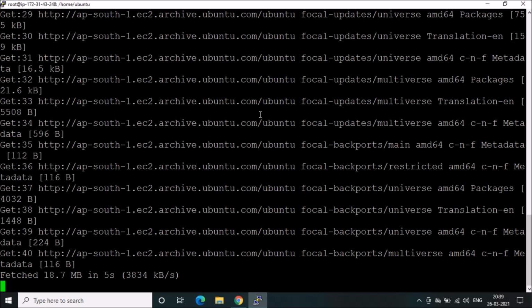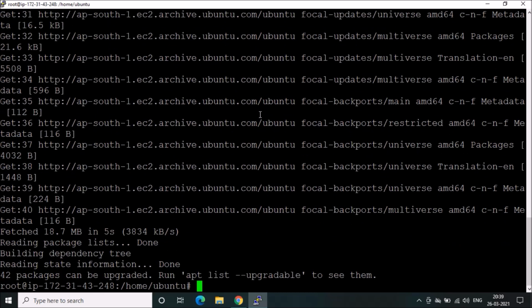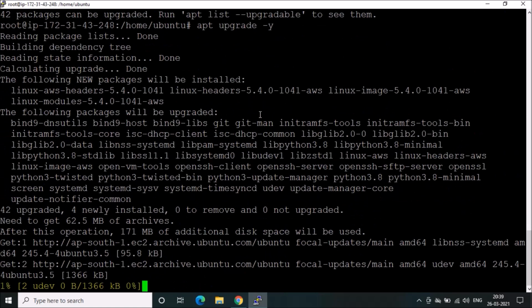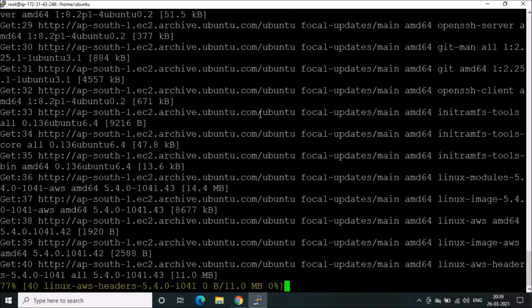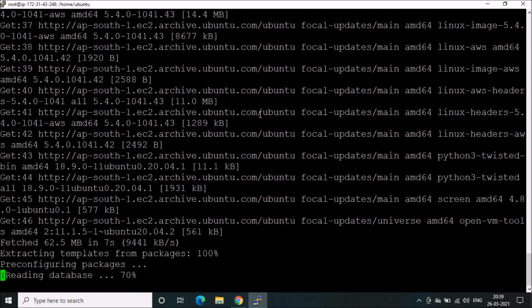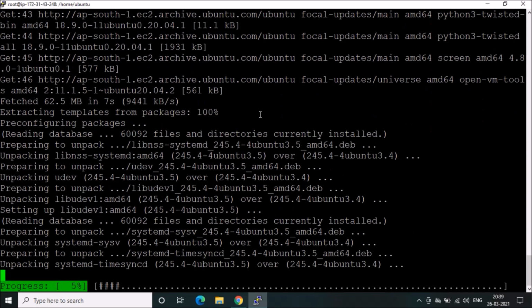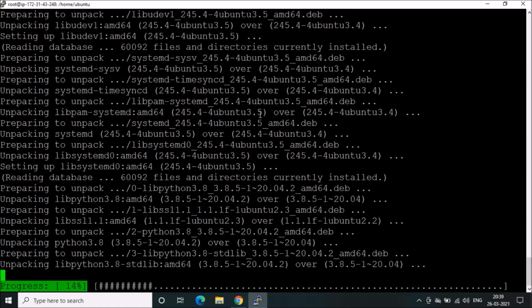It will take 30 seconds or 1 minute. Now we will upgrade that. It will also take around 30 seconds or 1 minute.